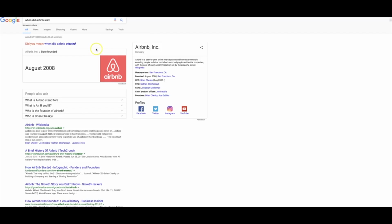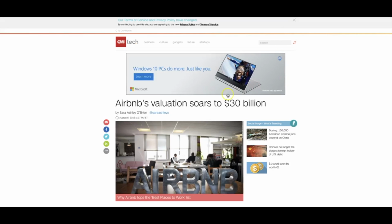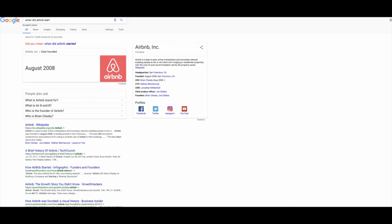Airbnb is another company very disruptive in the space. They're actually now the largest hospitality company in the entire world. I mean, these are going against places like the Hilton, right? Huge companies that have been around forever. Okay, started in 2008. And according to CNN, they're at a $30 billion valuation in just a very short time frame. So again, this disruptive company connecting buyer with seller, but really not owning anything more than their web space, their phone application,